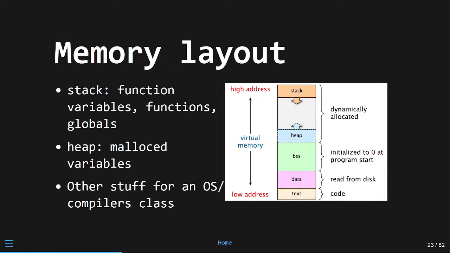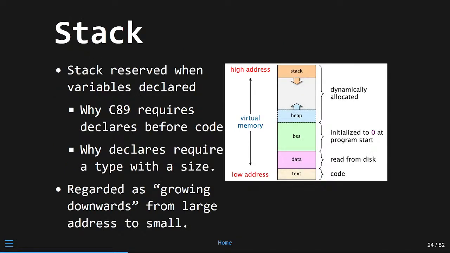So we mostly work with the heap and the stack. The heap builds up, and the stack builds down from the top. They might grow to meet someday. But like the stack,